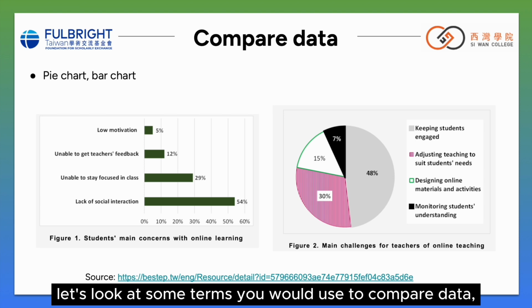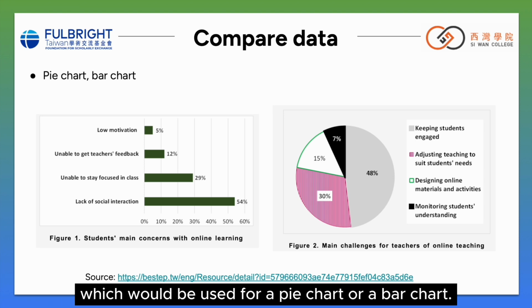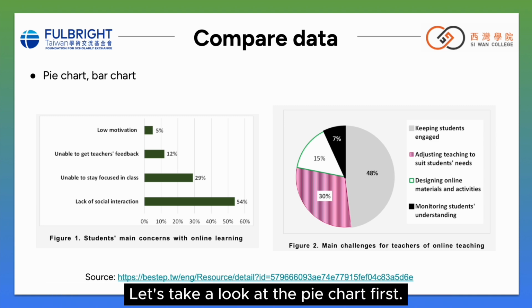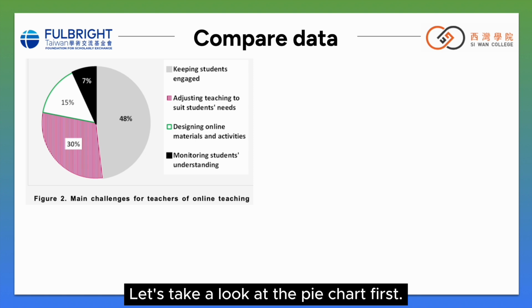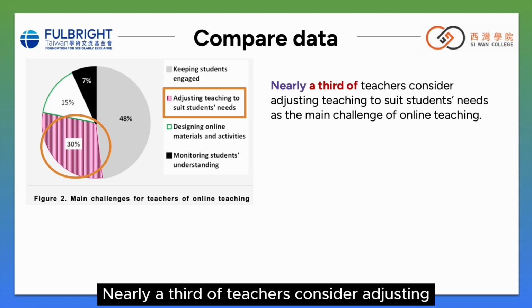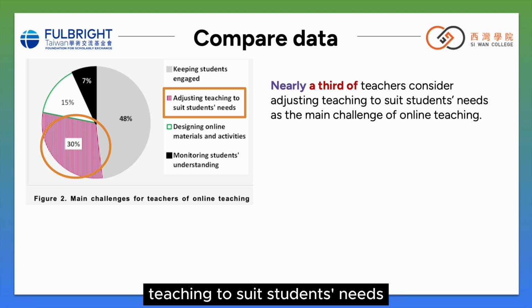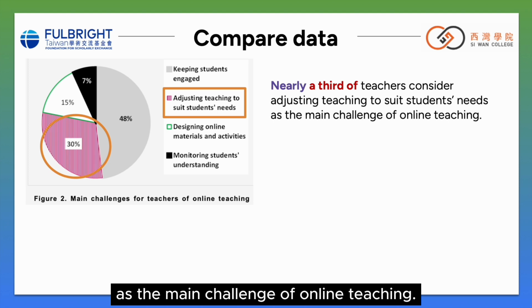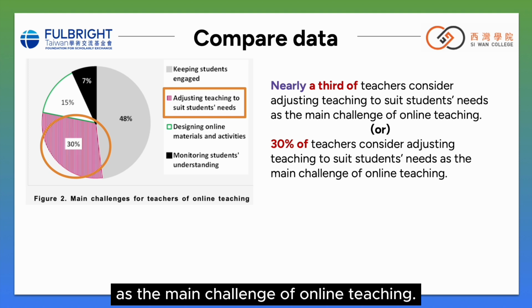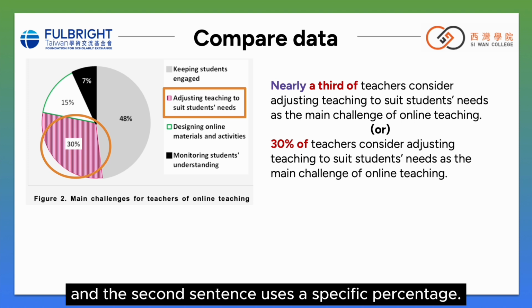Now let's look at some terms you would use to compare data, which would be used for a pie chart or a bar chart. This pie chart and bar chart were actually taken from a mock test online. Let's take a look at the pie chart first. For example, let's look at this section. Nearly a third of teachers consider adjusting teaching to suit student needs as the main challenge of online teaching. Another way to say this is 30% of teachers consider adjusting teaching to suit student needs as the main challenge of online teaching. Notice that in the first sentence, it's a bit more vague, and the second sentence uses a